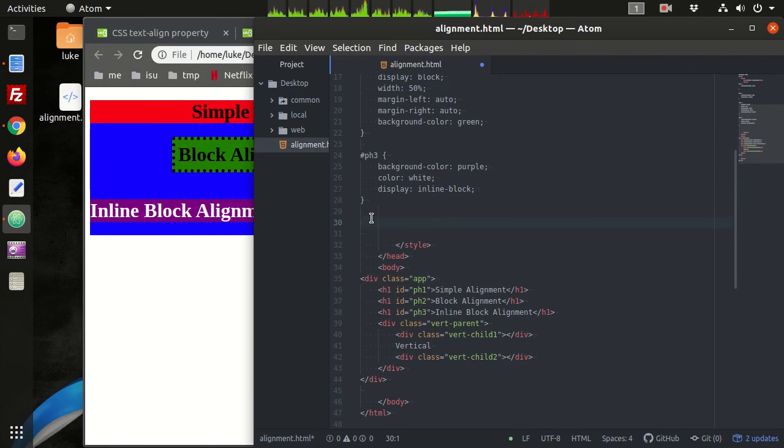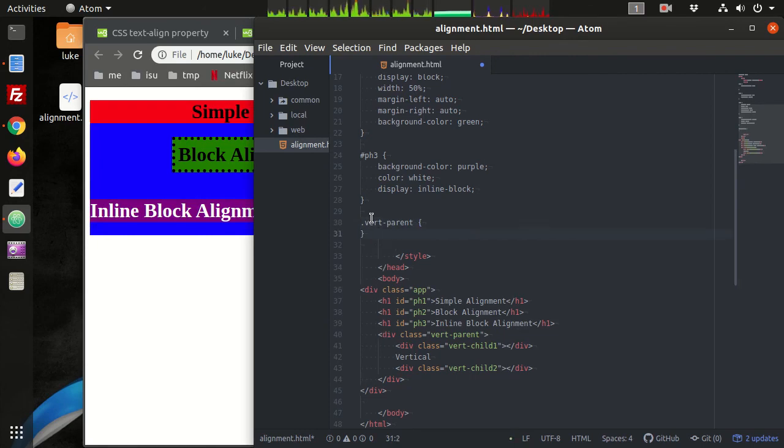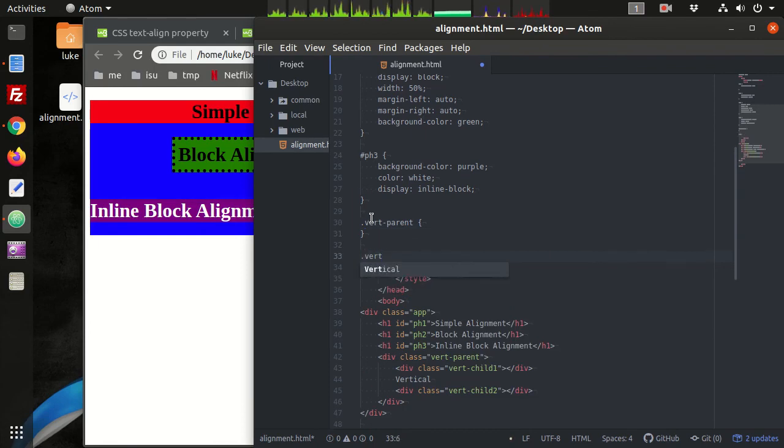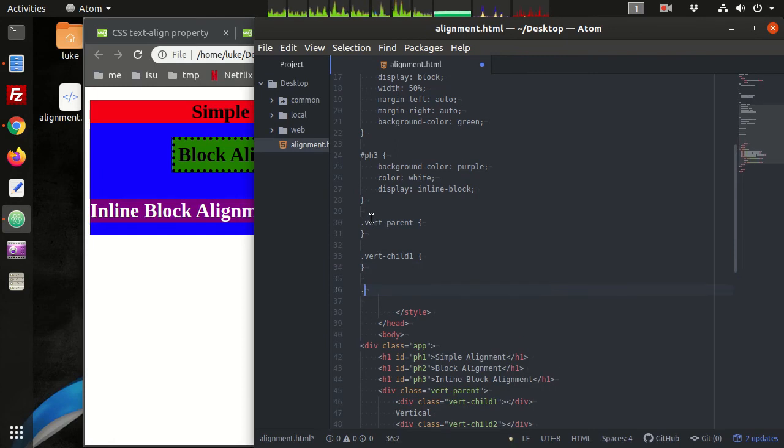So we've got dot vert parent. Remember, the dot means class selector. And then we have dot vert child 1 and dot vert child 2.